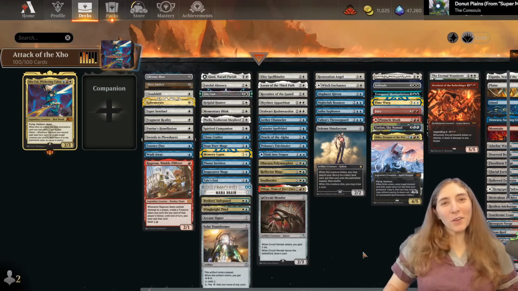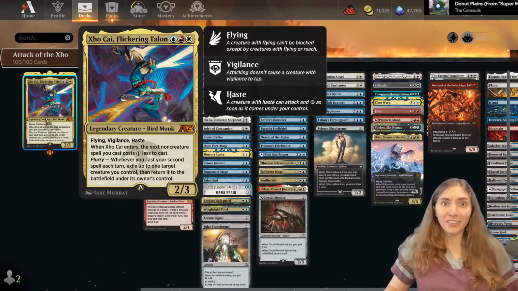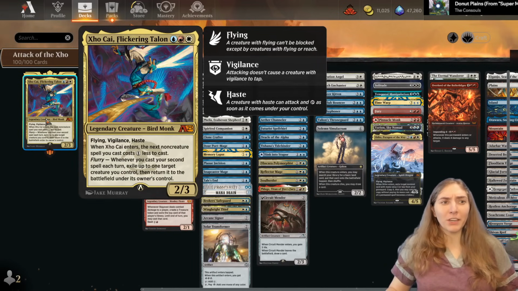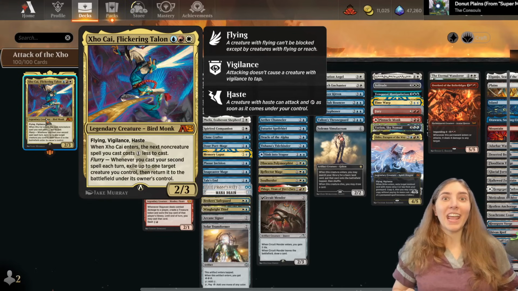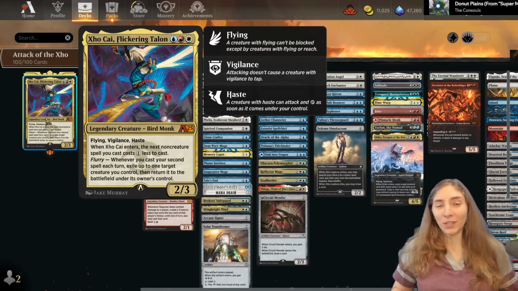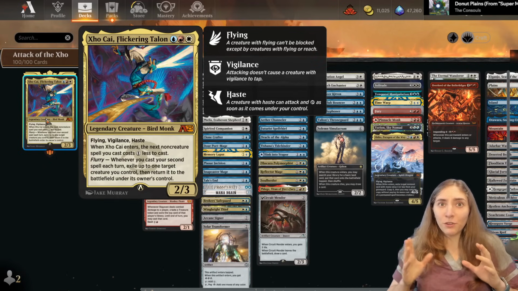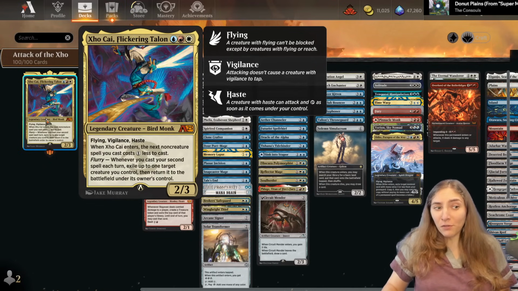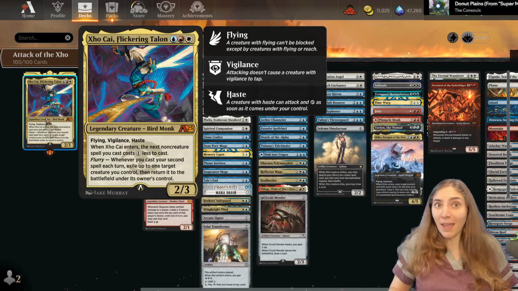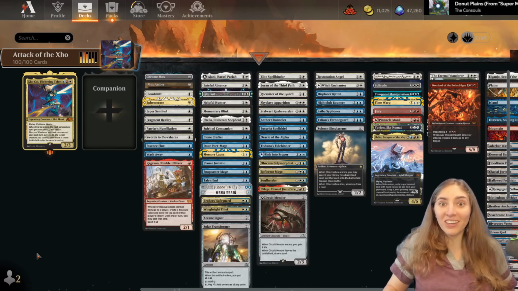Hello, everybody, and welcome to Brawl Stars. I'm Amy the Amazonian, and today I'm playing with Xho Cai, Flickering Talon. This is an alchemy-only commander that is 3 mana, a 2/3, flying, vigilance, haste, and it has a Flickering ability. Whenever you cast your second spell in a turn, you get to exile and return a creature you control to play, which means that it can exile itself to get additional benefits for its own enter to battlefield, which is discounting your next non-creature spell, or you can use it to blink any of the other great spells in Jeskai